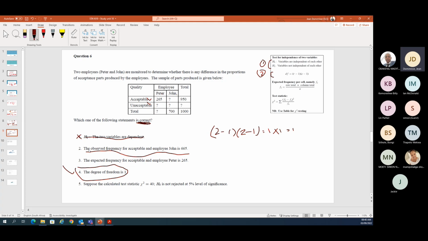So let's look at the observed for acceptable. And again, unfortunately, you guys can only do this online, but for acceptable and for John. Okay, so unfortunately now we don't know what it is. We have a total of that row, 950. We have what acceptable is. So 950